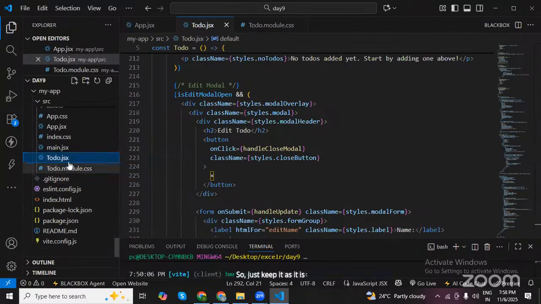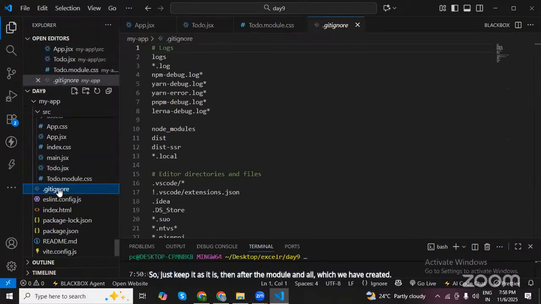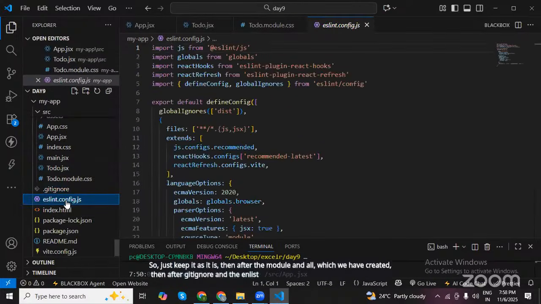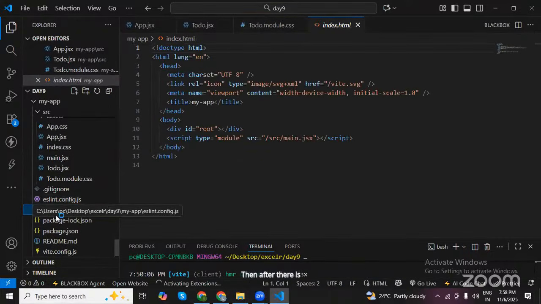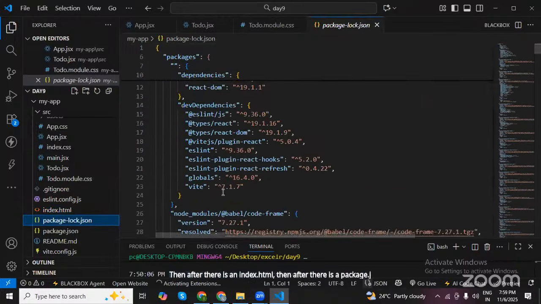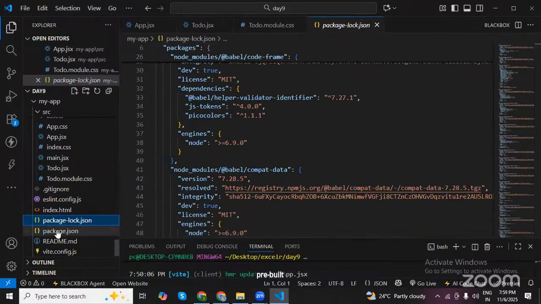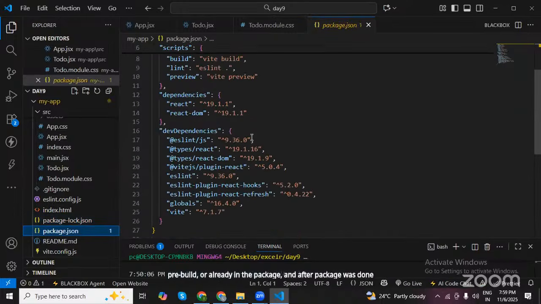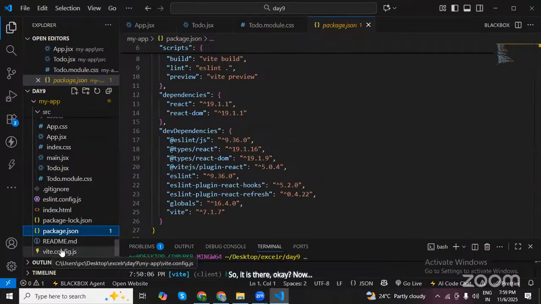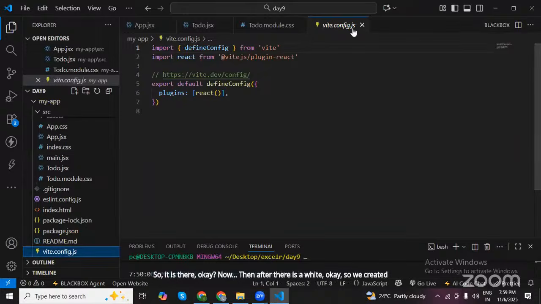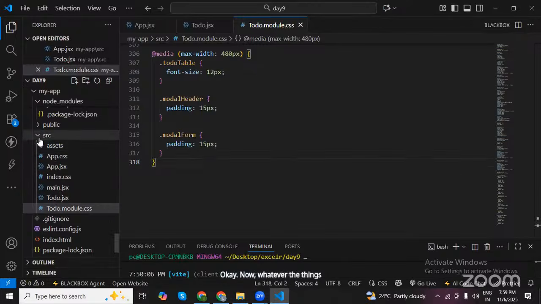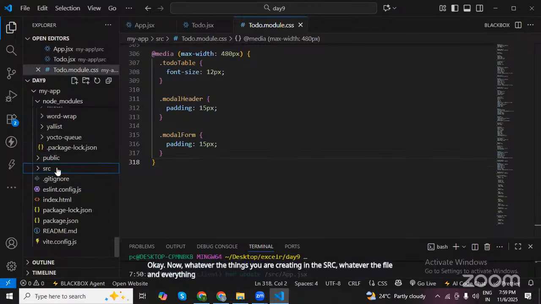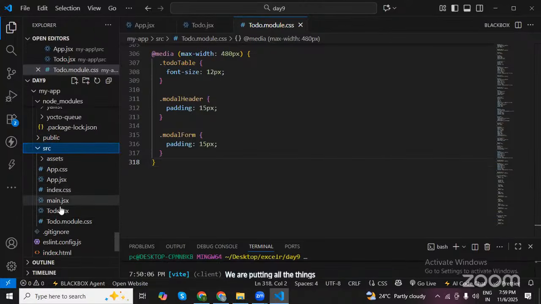Then there are the gitignore and the linting files, everything is there. We don't have to make changes anywhere. Then there is index.html, then package.json, which are all pre-built or already in the package. package.json tells you what things we are using. Then there is vite config, so we are getting the Vite configuration. Whatever files and things we are creating in SRC, we are putting all of them in